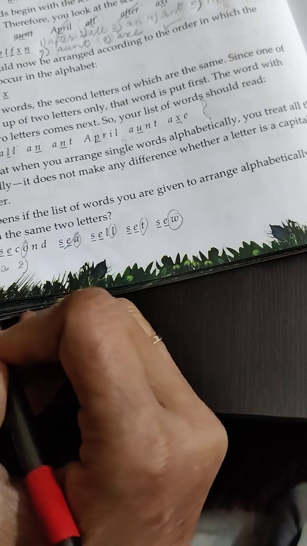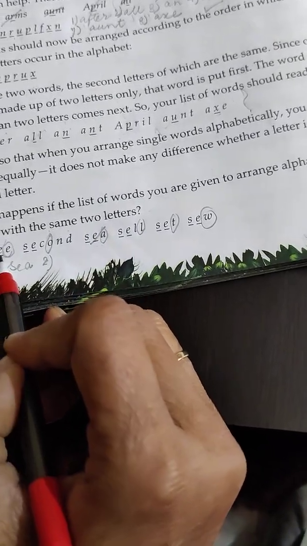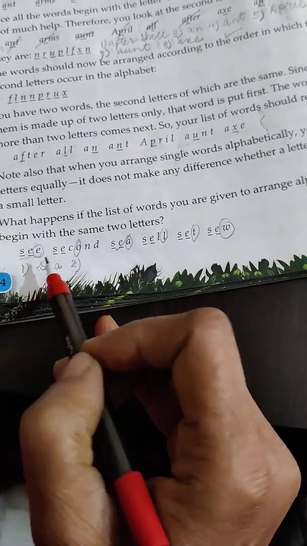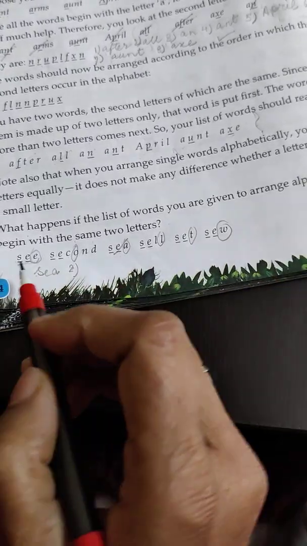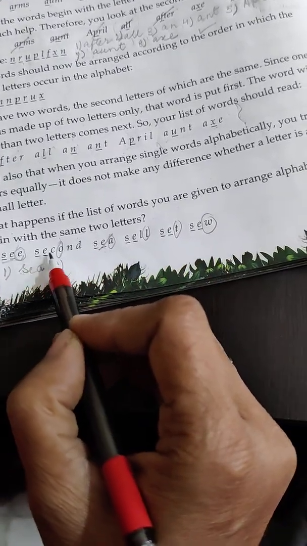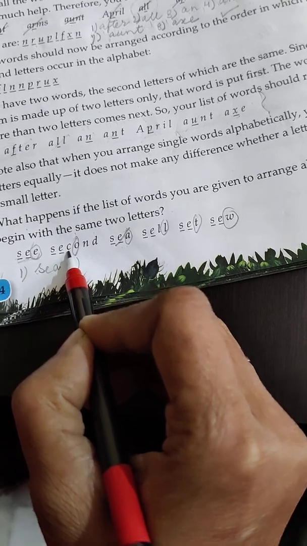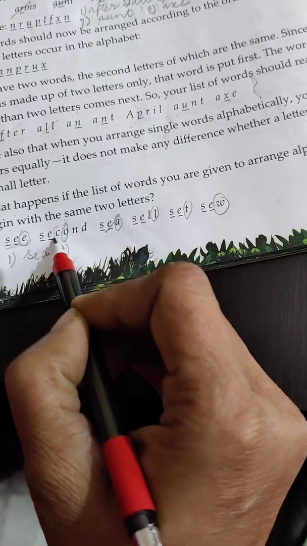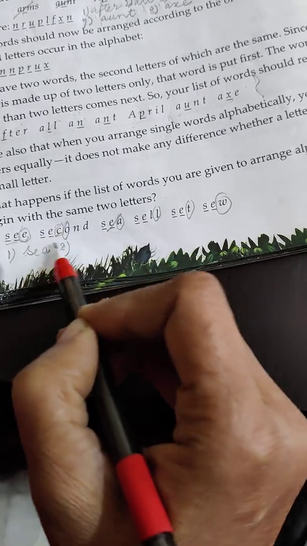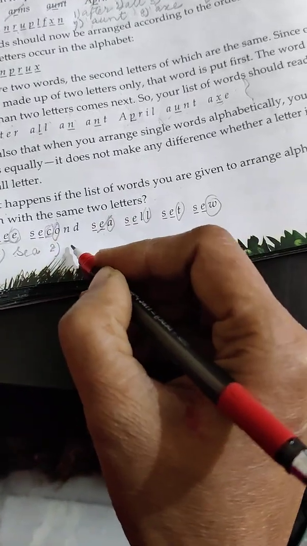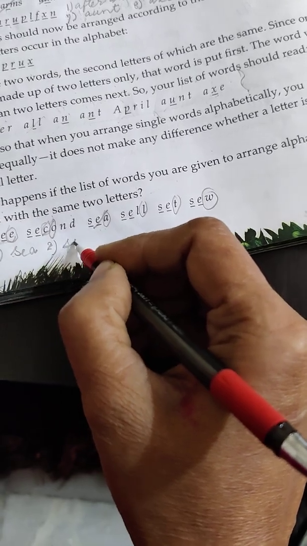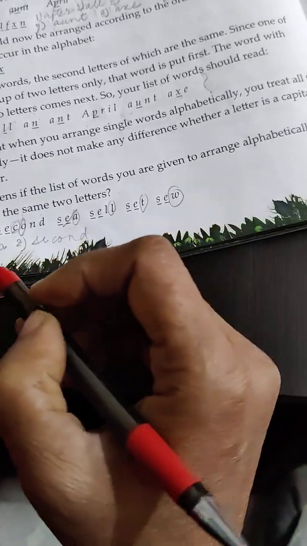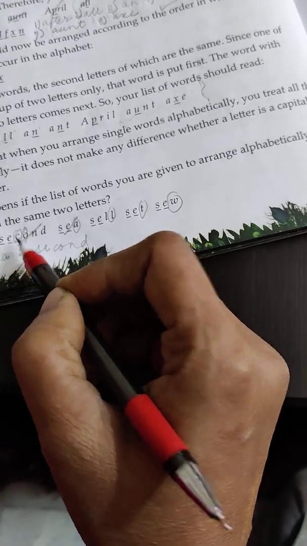Now you have to see the third letter, because the first and second letters are common. So you will see the third letter. A is done, B is not there, C is there. Yes, C is there. You have to see the third letter, no? C is there. This is the third letter. So C is there. So the second word will be second. Followed? Now cross this also.